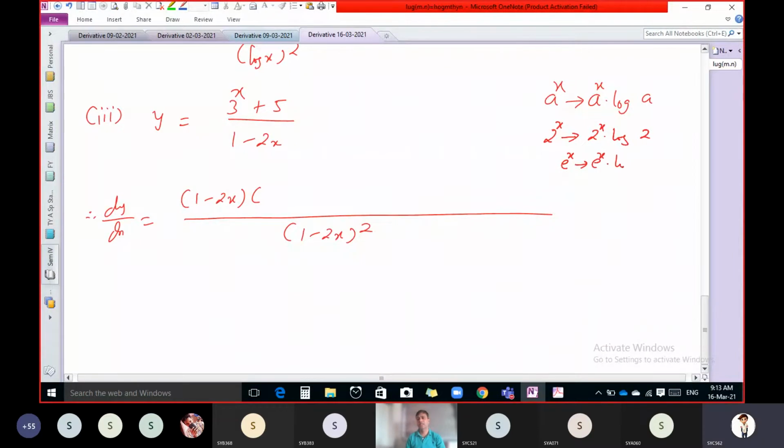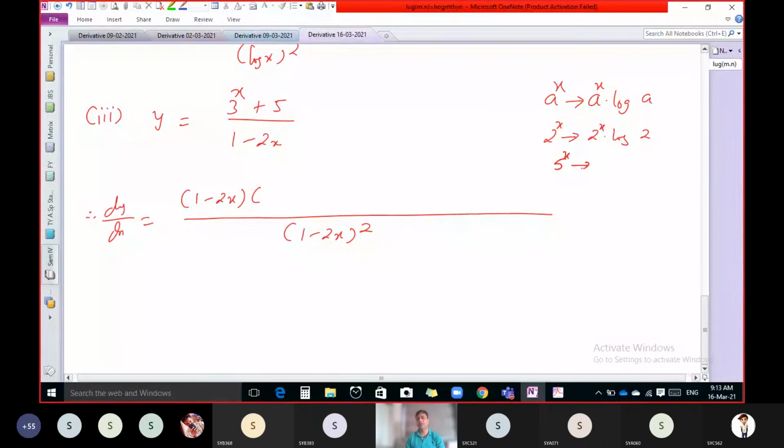e raised to x into log e. But what is the value of log e? It is 1, so there is no need to write 1. That is why we get only e raised to x. But if instead of e, any other number is there...